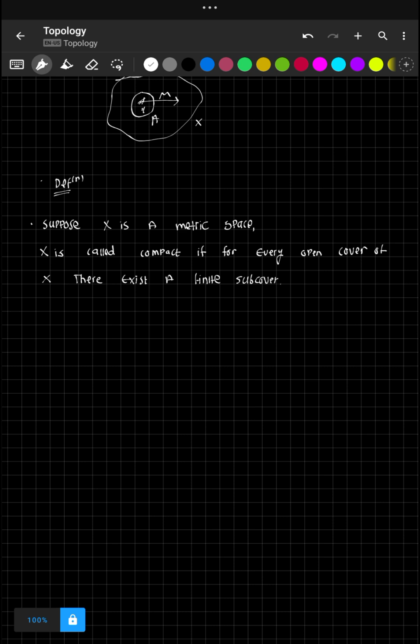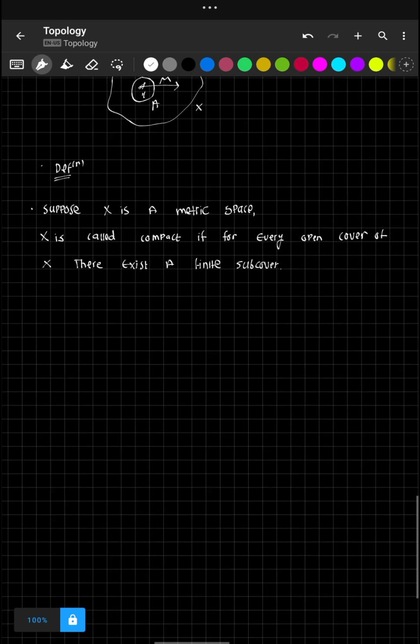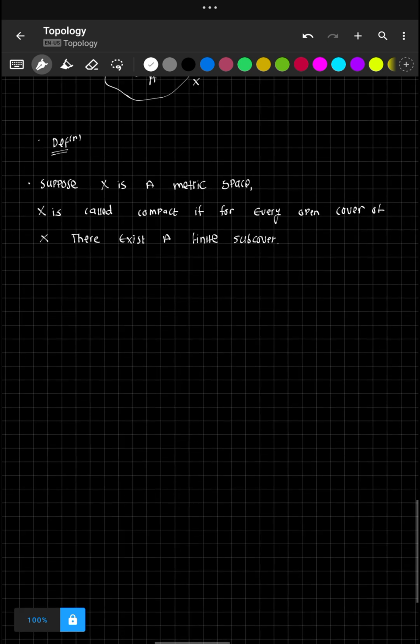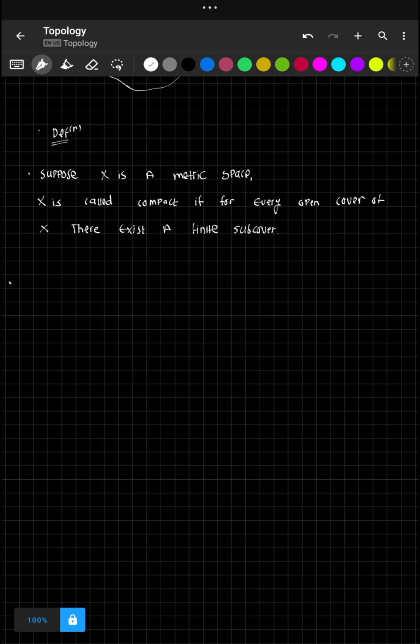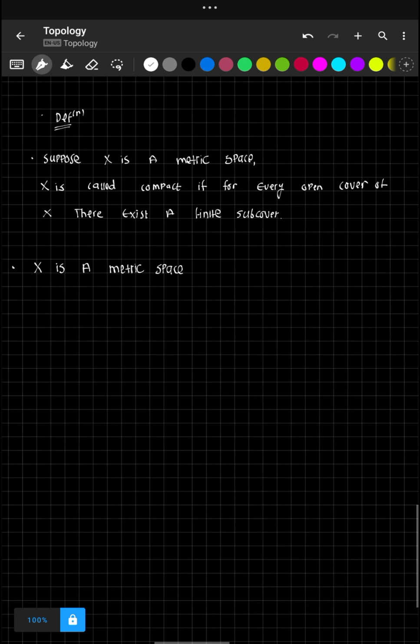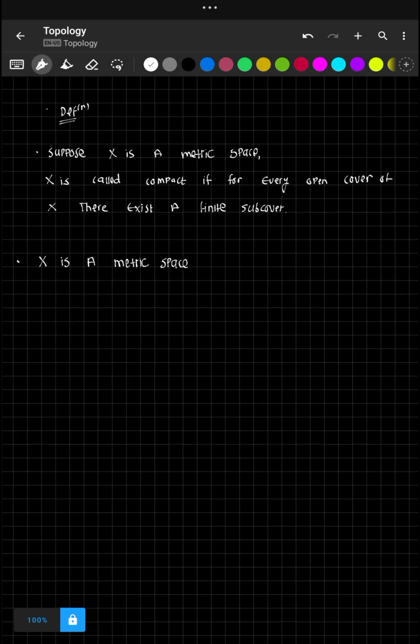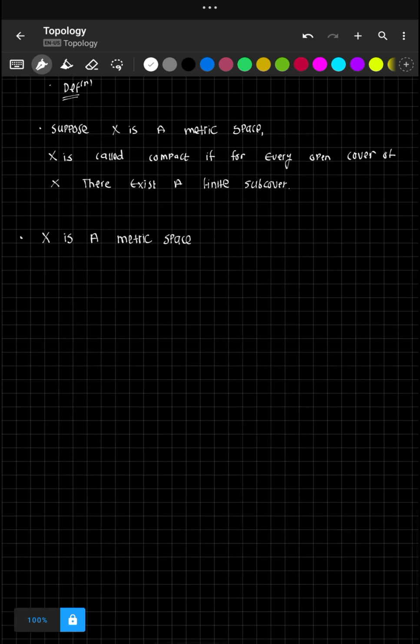Now please don't curse at me, I will explain what this definition means. First we will discuss what we mean by an open cover. Say X is a metric space, then an open cover of X is basically the collection of open sets that cover X. So an open cover is a collection